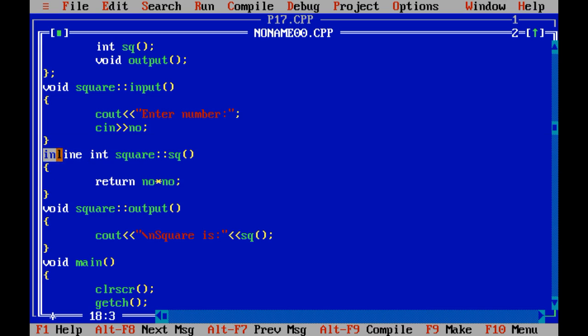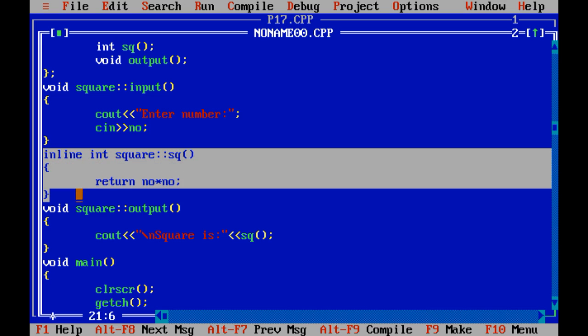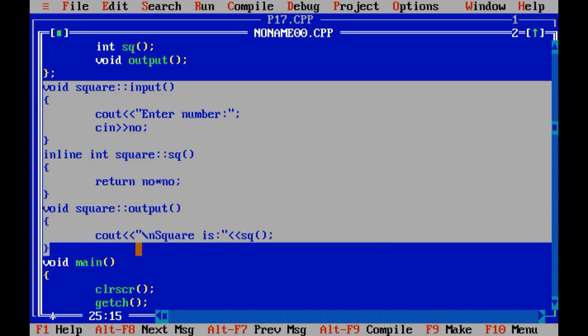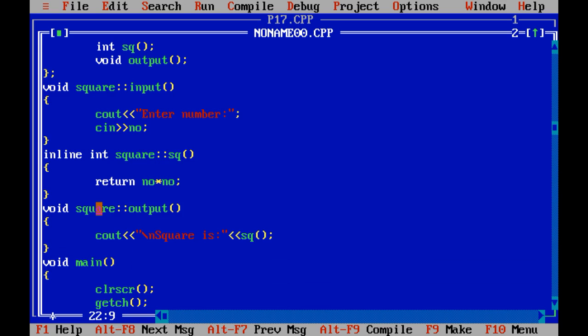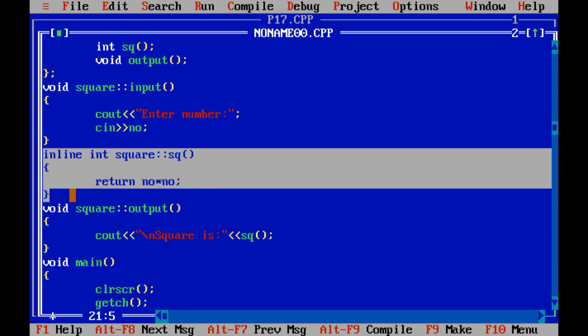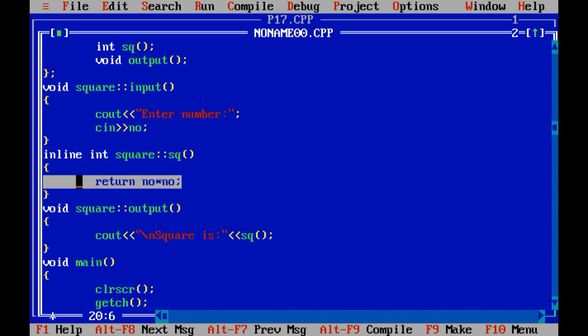But don't get confused: if I have 3 different functions regarding one class, called square, you need to make inline only the function which contains a processing statement. So be careful regarding such.